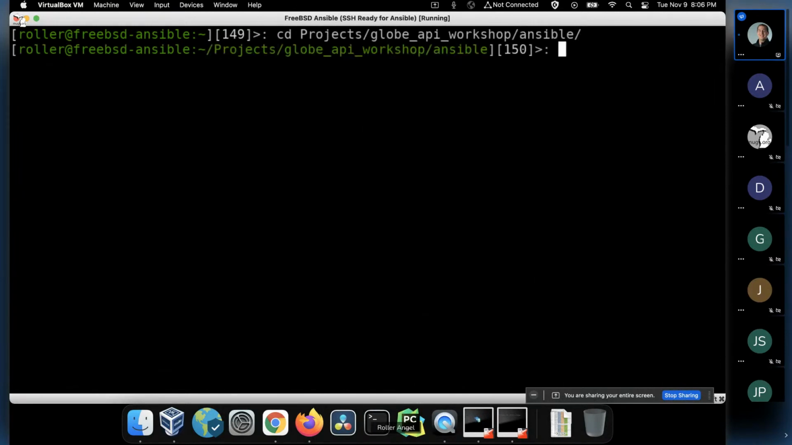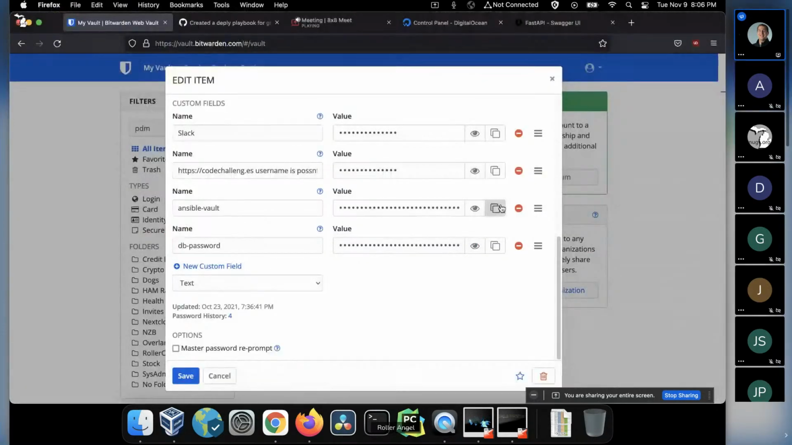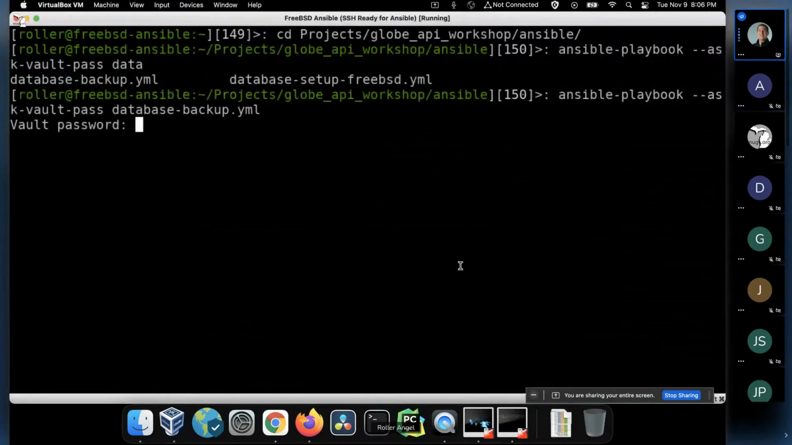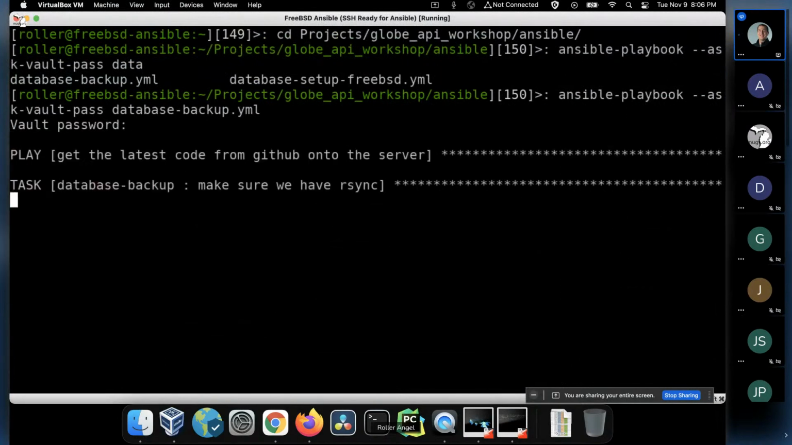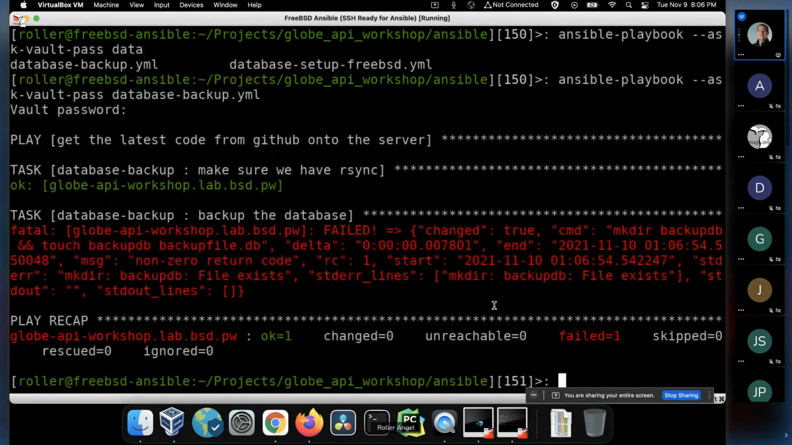So let's just go ansible-playbook, and we did the database. So let's just do ask vault pass, and then we did the database backup. And then we're going to need that key one more time. And okay, so this is supposed to go to our server, make a backup, and then download the backup. And what does it say? It says